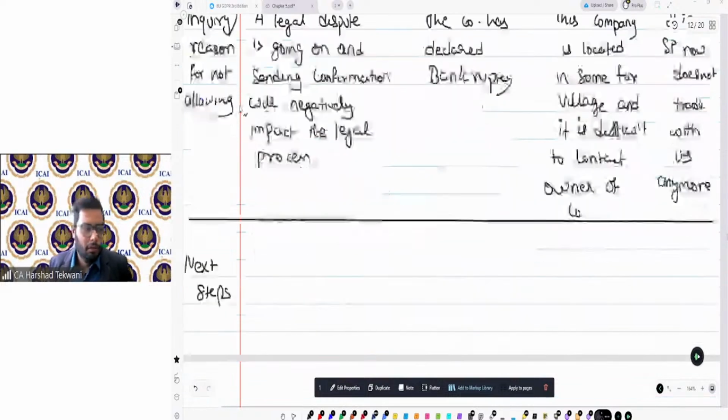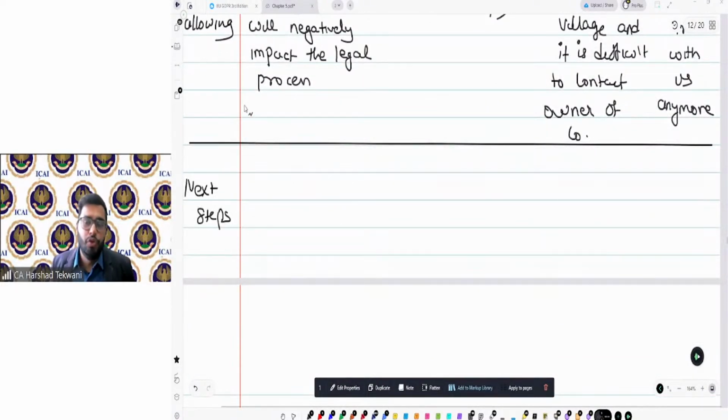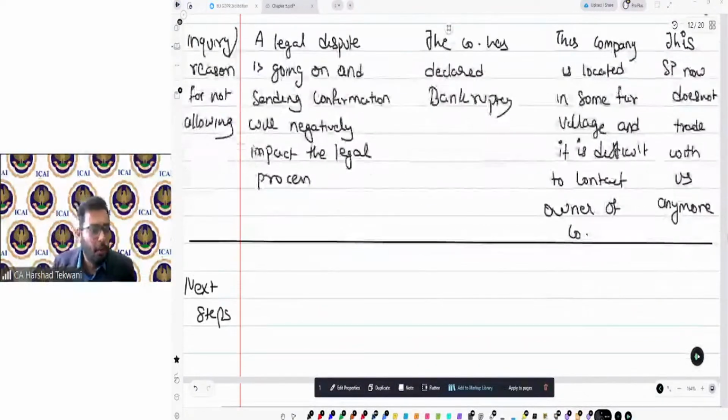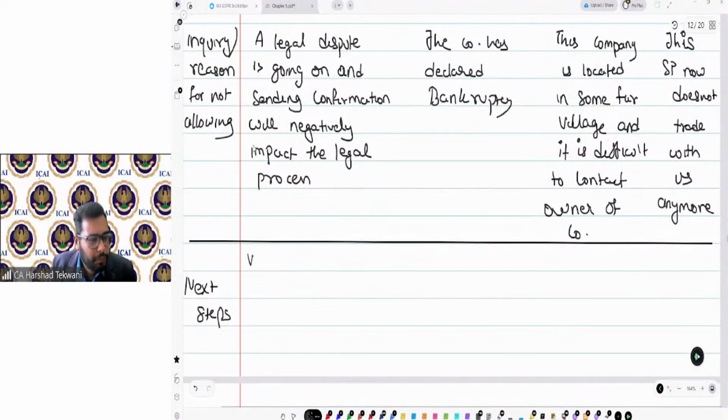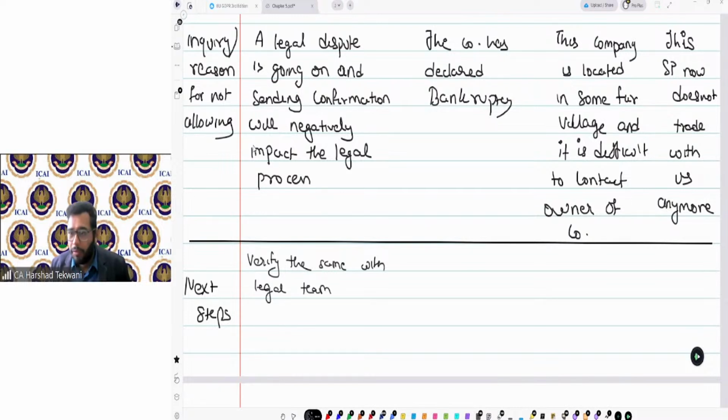So, in case of legal, if I ask you the next steps, what we need to do is verify the same with the legal team, or if you go a step ahead, the auditor can hire an auditor's expert to take advice or to consult about this.